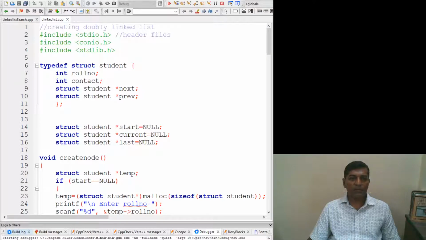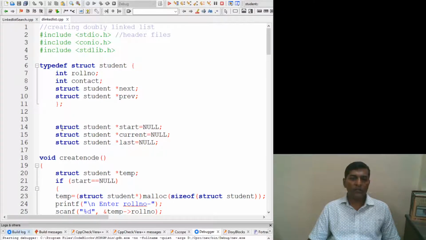The structure is defined with a typedef struct student as the structure name, and it has an integer roll number and an integer contact number, as the information of every student can be stored in this space. We also have a struct student star next and struct student star previous, these two pointers, as we have defined for every node as a next pointer and previous pointer. This is how we can define a structure for generating a node.